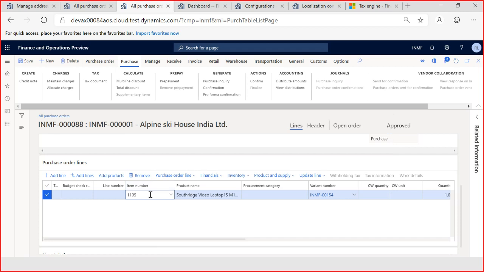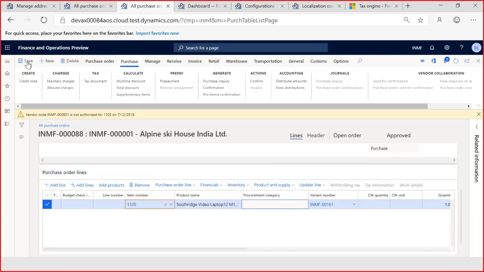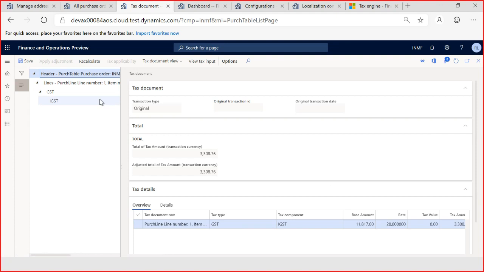Let me choose another one. Save. Then by clicking tax document,